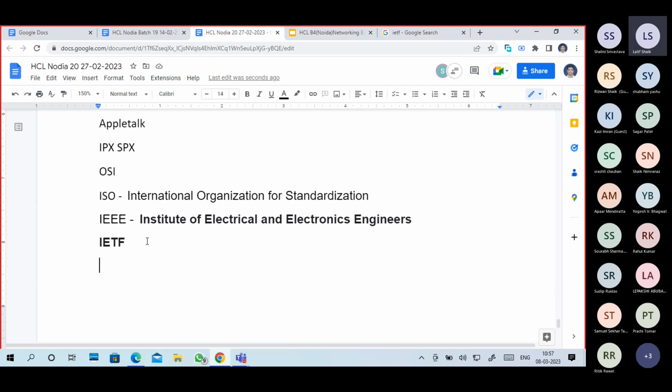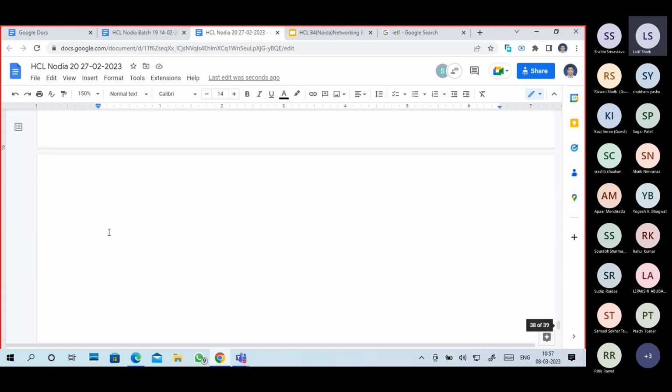One more name, IANA, ICANN. It is a numbering assigning authority. Your DNS and IP addresses, how IP addresses are used, are all controlled by IANA and ICANN. Just for small name information only, guys.